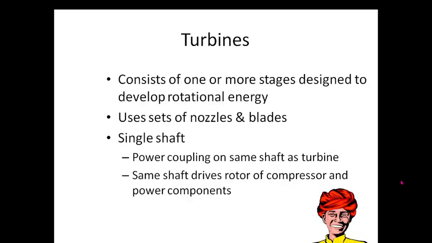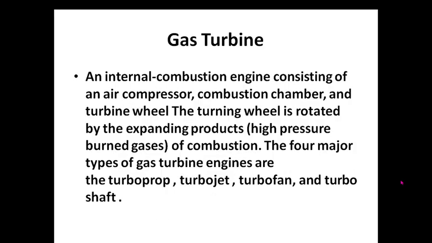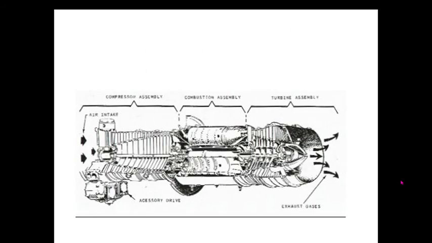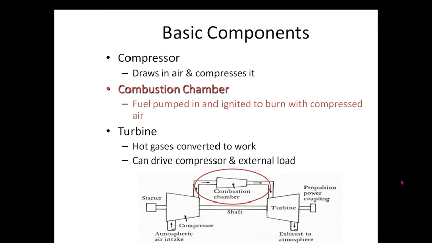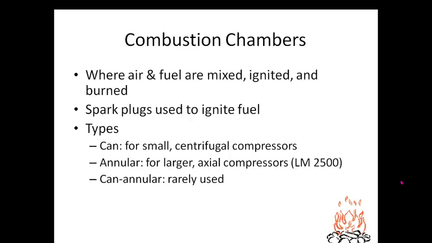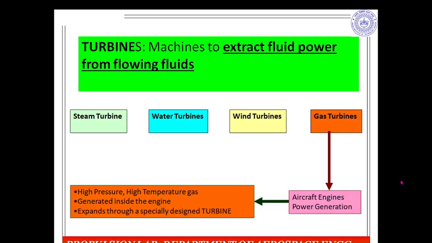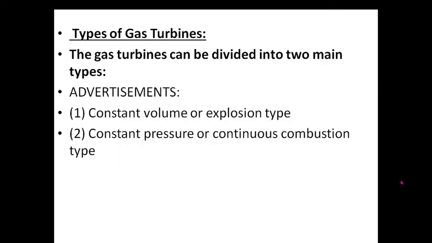Okay. So in the last lecture we saw about this gas turbine. Then what is a gas turbine? It is the device which converts the kinetic energy of high pressure gases into mechanical work. These are the four important components of it: air compressor, combustion chamber and turbine wheel. This is the simple diagram for the gas turbine. You can see here the compressor, combustion chamber and turbine. There are radial compressors and axial compressors. We see about the turbines which we are going to use, what a turbine is, their applications and types of gas turbine.